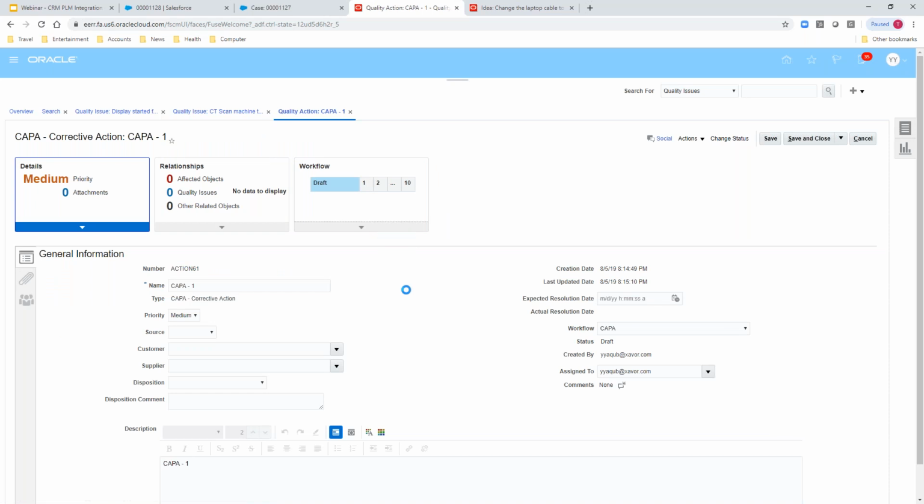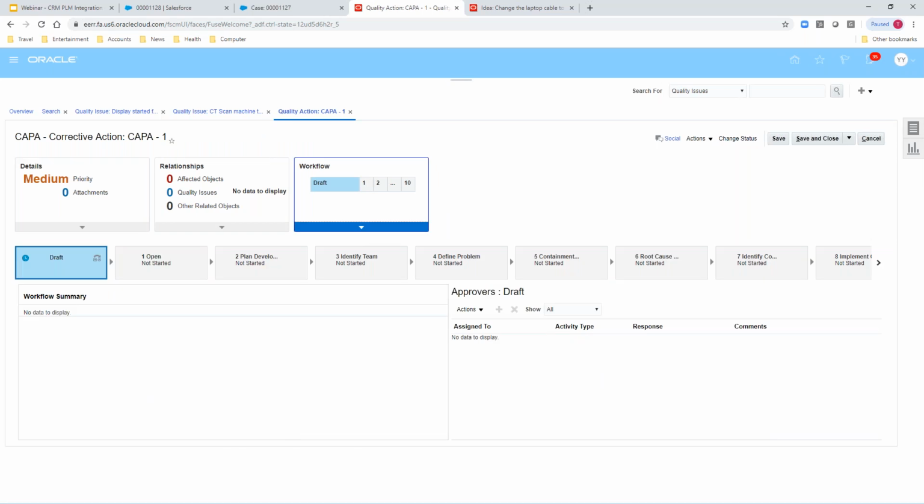If I look at the workflow, I can go through the full 8D, in this case, a full 8D kappa process. And for each of the statuses, for instance, containment, from containment, I can go ahead and launch a formal deviation and stop ship if I find that that's warranted. The next step is I can launch a root cause